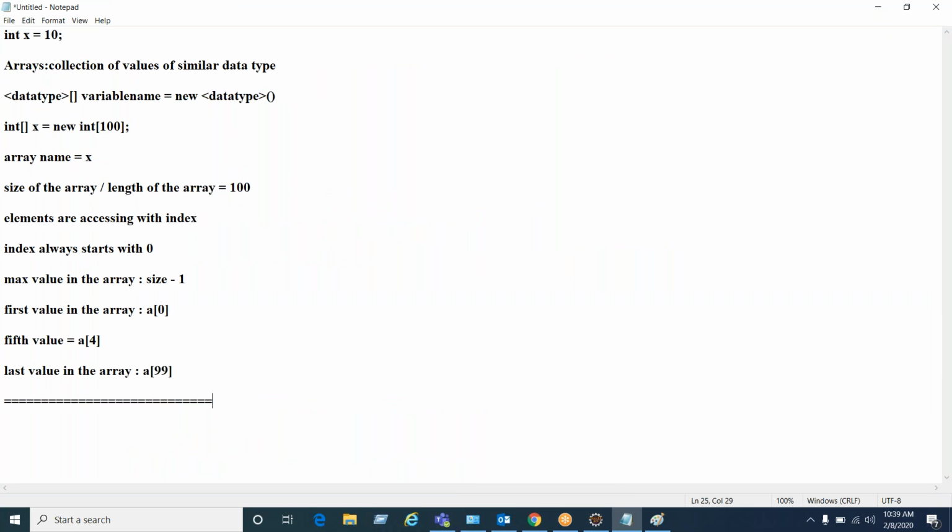That for each loop is applicable for two concepts. It is applicable for arrays,